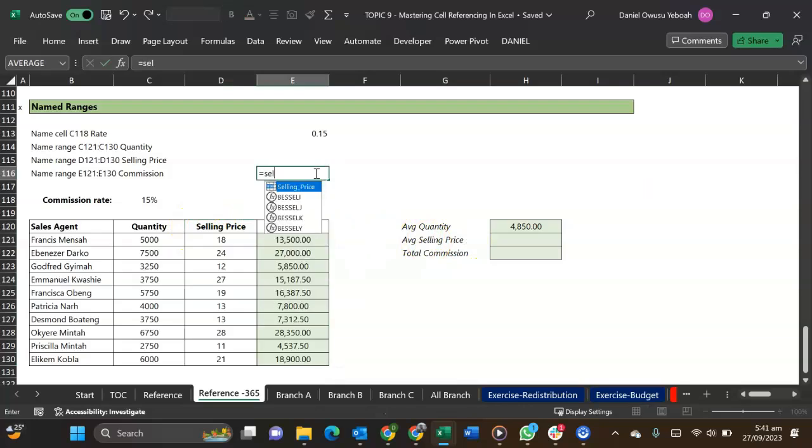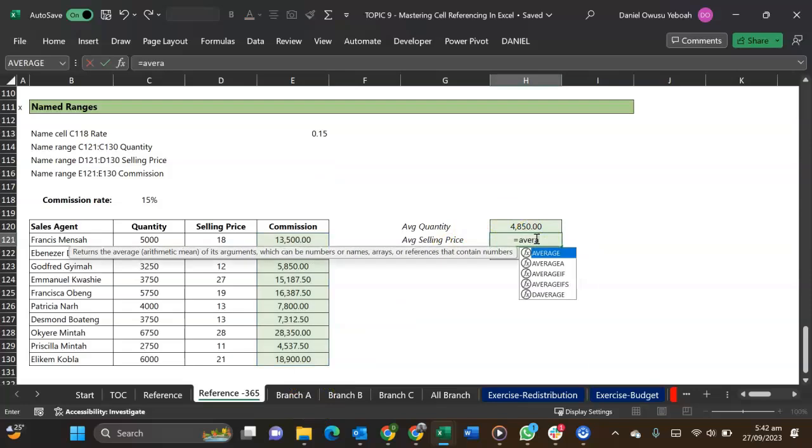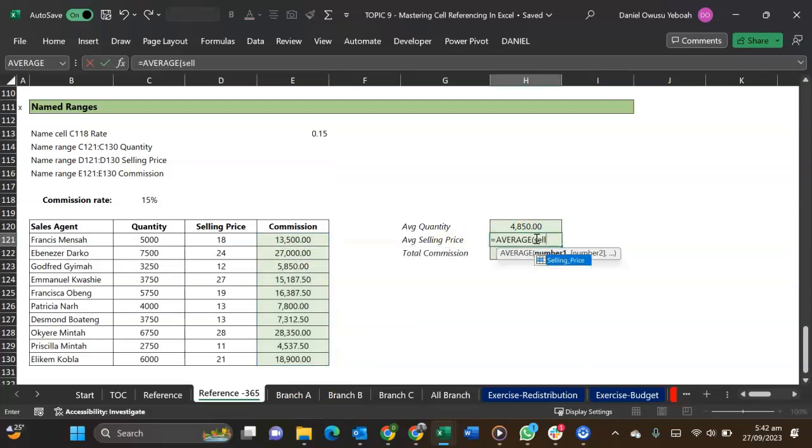So if I type equal to selling, you see I have selling price, I press tab, and it's selected. You get it? If I type equal to commission, I have commission, tab, and this is selected. So I can now calculate my average selling price like that, as simple as it gets. Enter, and I can calculate the sum of commission. I can close my brackets and enter, and then we are done. Right? Great. So that is how you can use named ranges in your formulas to make your work quick and